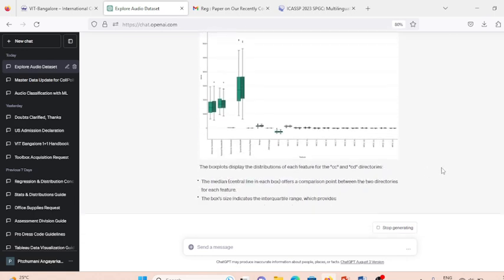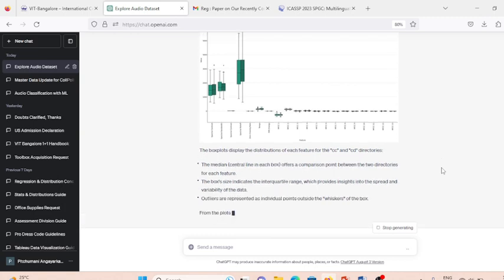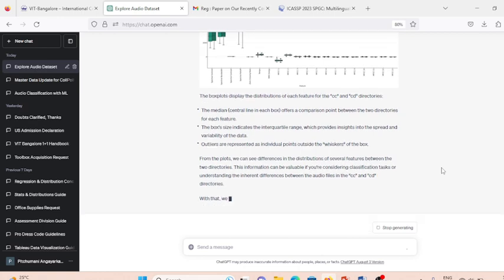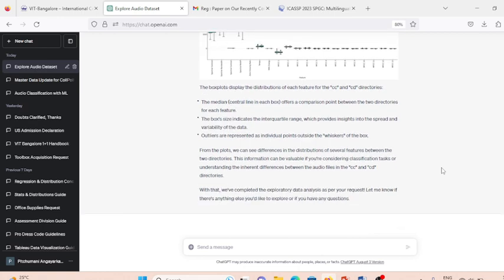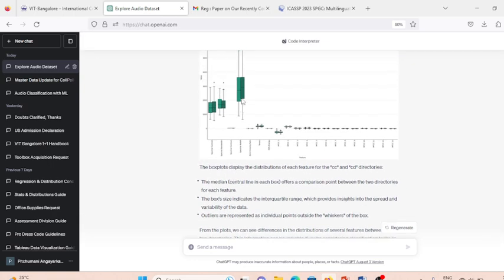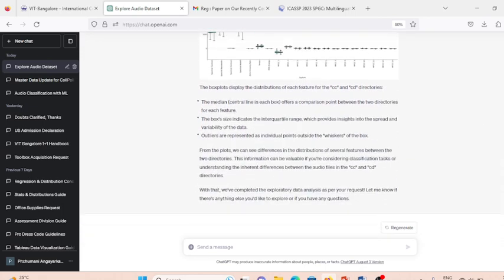So it shows the features for the CC and CD directory, where the median shows the comparison point between the two directories for each feature. The box size usually indicates the interquartile range. As you can see, the box size indicates the interquartile range. The outliers are represented in this particular case. So it shows that there is a difference in the distribution of several features between the two directories. If you are going to consider the classification task, this information is considered to be very valuable in this particular case. So now the next thing I am planning to perform here